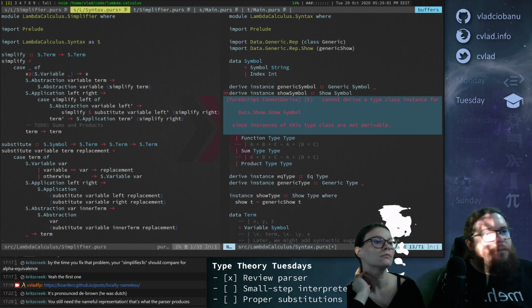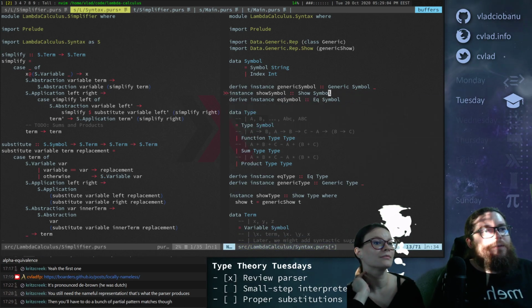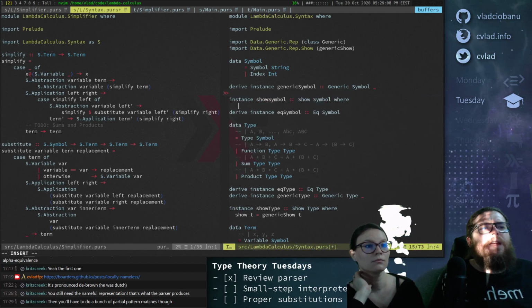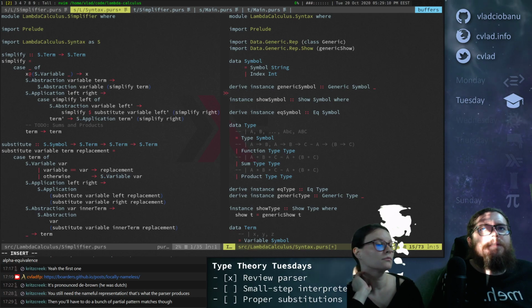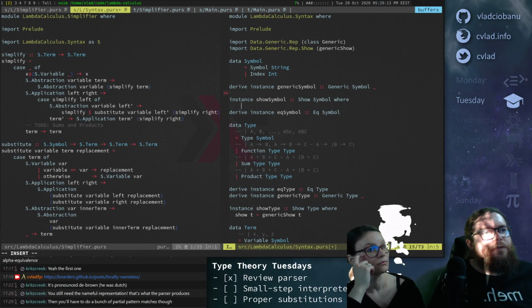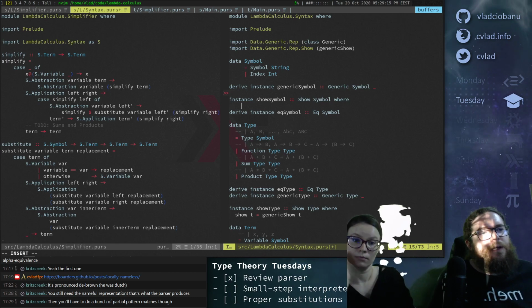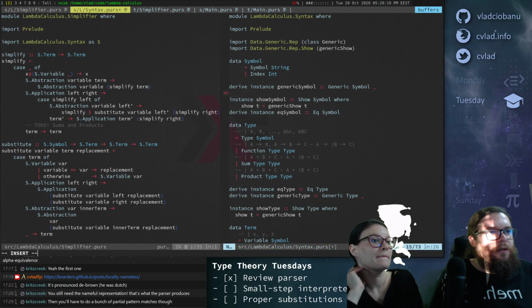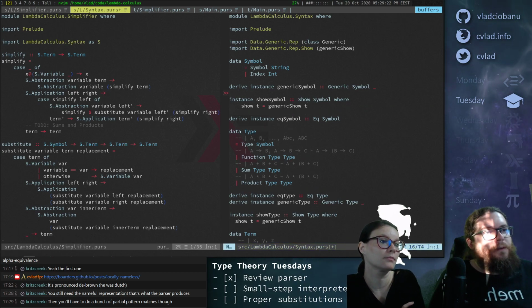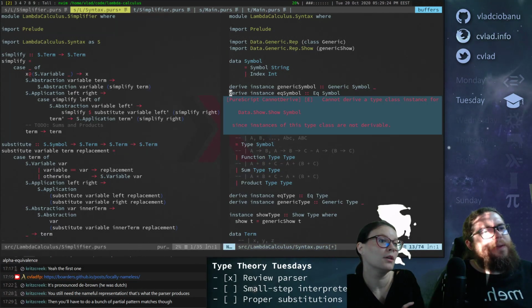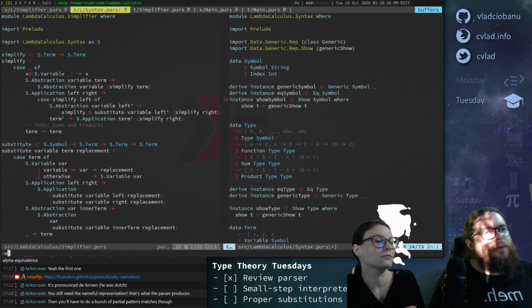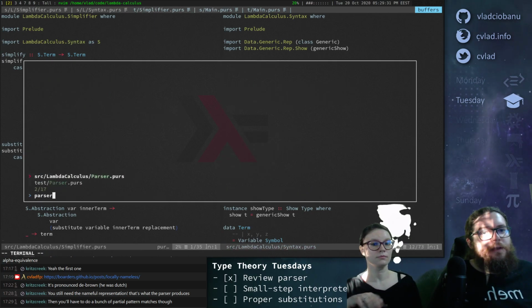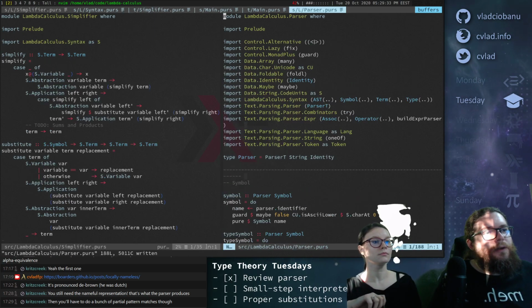Oh, I already had. Okay, so then we need to do where you have a partial. I don't think we have pattern matches for symbols. Maybe I'm wrong, I'll search for that. We'll see if we have a problem there. Show t equals generic show t. I think PureScript can derive Eq, right? So it's just this one which needs a... Okay, so this works. So let's see in the parser code if we have any problems here.